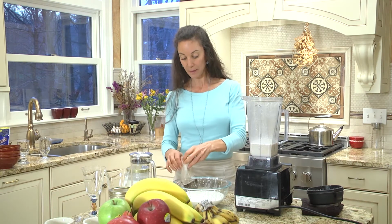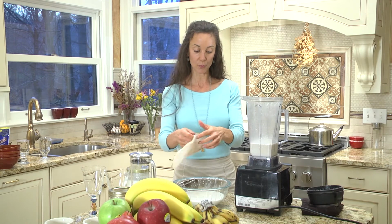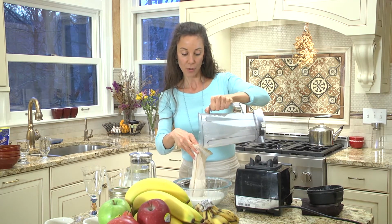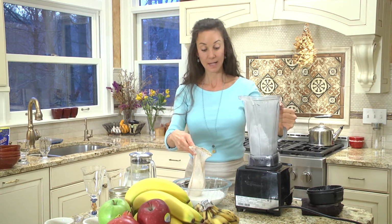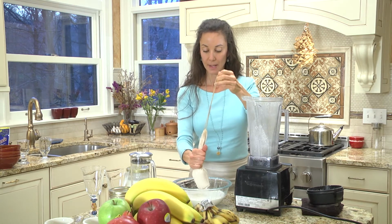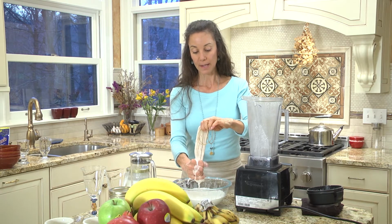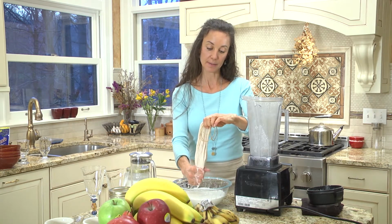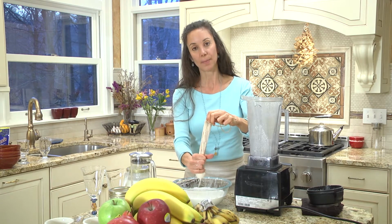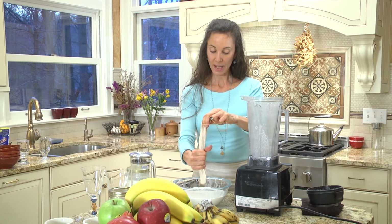Now, you can save the remains, and I often freeze them. And then later, when I'm in the mood, I'll add some raw cacao, some raw cocoa powder, and maybe some dates, and make sort of a chocolate nut ball. So there are things you can do. Some people save the nut remains and use them in raw crackers and breads, when they dehydrate, and mix them into things like that. Or of course you can compost it in your compost bin for your organic garden. Okay, so I've squeezed